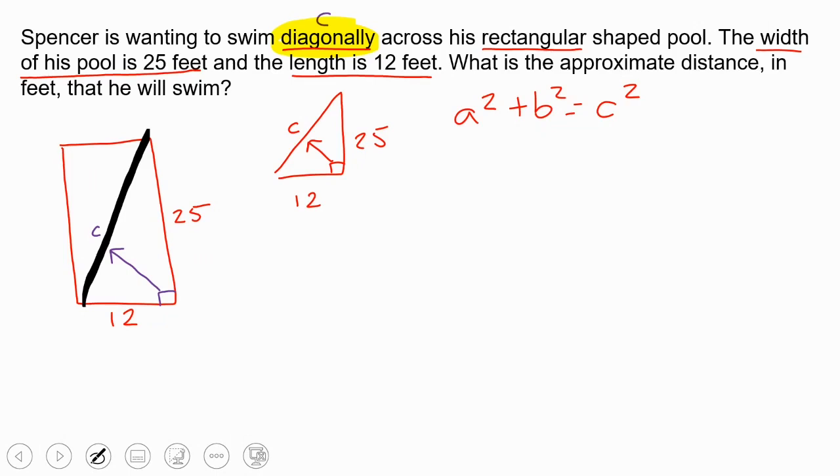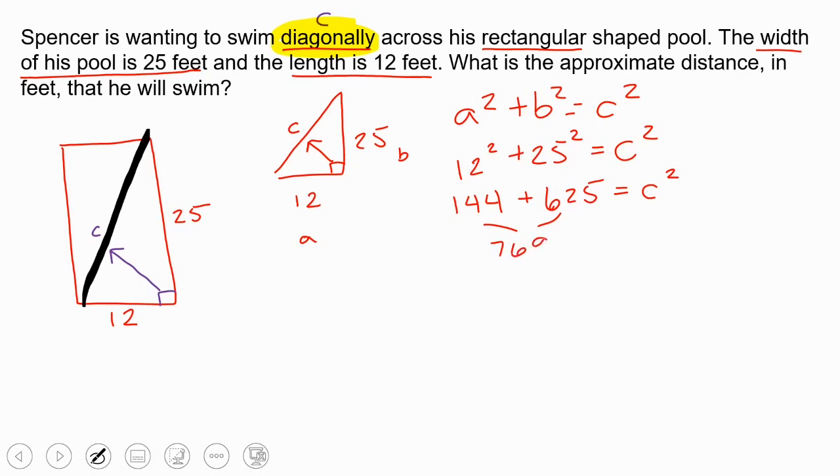And then I have to label. So I already know what side C is, and then let's do that small, medium, and large thing. Let's do this as A, and then this is going to be B. So A is 12 squared plus 25 squared equals C squared. 12 times 12 is 144. 25 times 25 is 625. And then bring down your C squared because you don't know what that is. So I'm just going to add these two numbers up. That equals 769